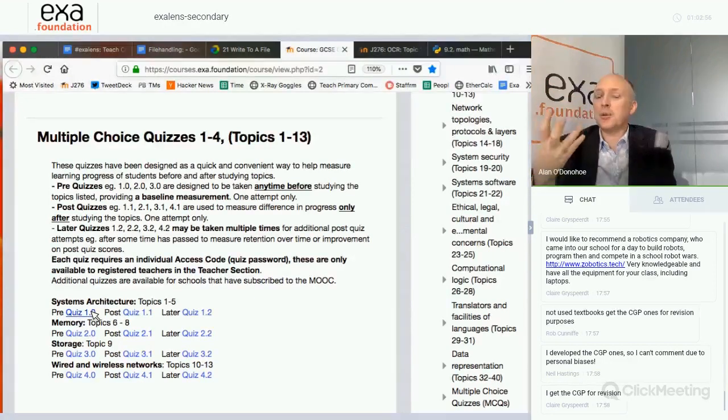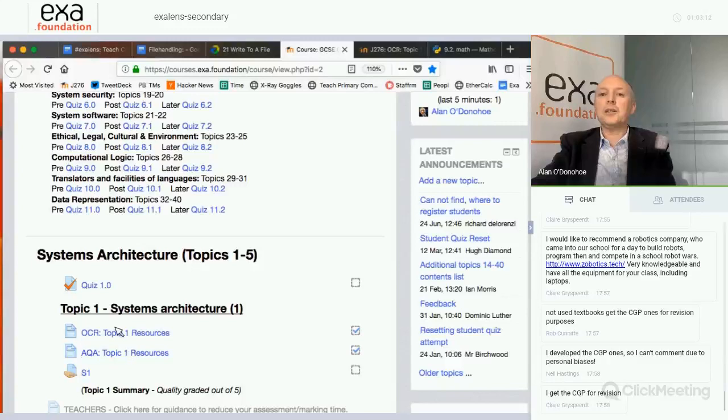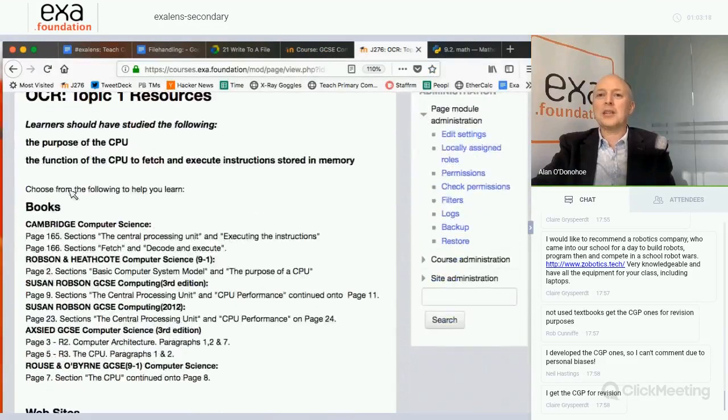And I would say that these are very high quality questions. It's taken me nearly a year to build all of these. It tells them which ones they get wrong, not so they can learn the answers, but just in case of particular ones. And then you say, right, we're going to do systems architecture now for the next 5 weeks. So here's topic 1. If they're on OCR, they go to topic 1, OCR resources, which I've already got open here. And if you've bought one of these paper-based textbooks, it tells them which page they need to read.